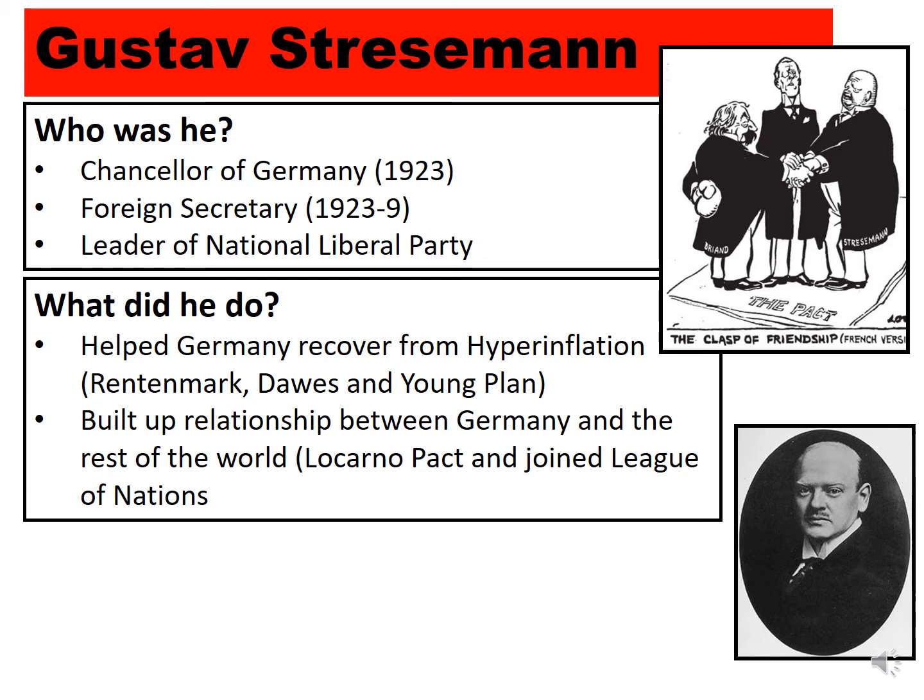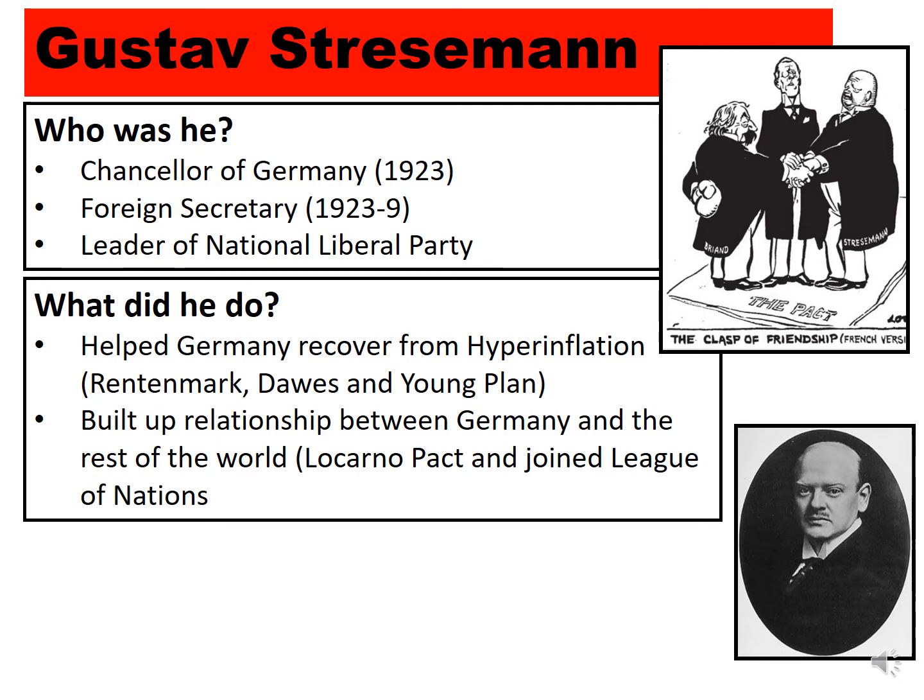By signing the Locarno Pact, which he signed with around 30 other countries, they all agreed that they would keep their existing borders. So whatever country they had at the moment, they were going to keep it at that size. That built a relationship up because all these countries that shared borders with one another no longer had to be afraid that they would go to war and one would try and overtake the other. And he also negotiated